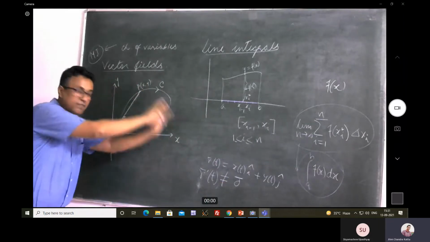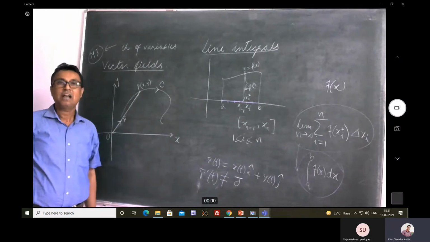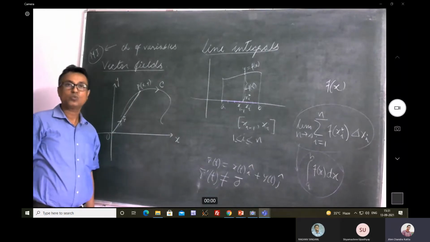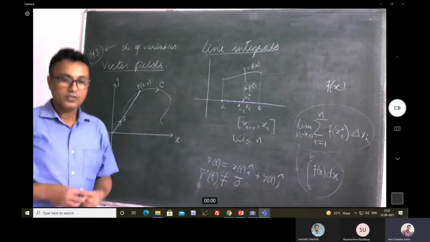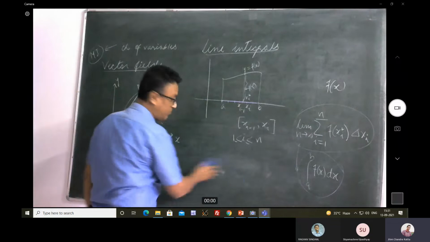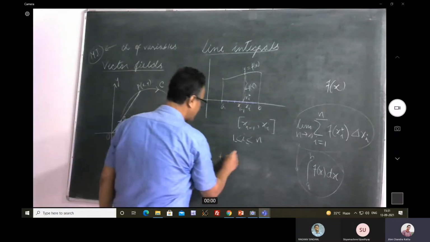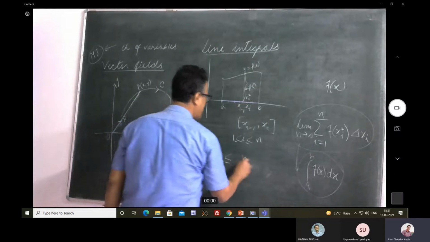A smooth curve is defined in this way, so at each point on the curve I can have a tangent drawn to it. Because I am parameterizing the curve with the parameter t, which lies in the interval [a, b],